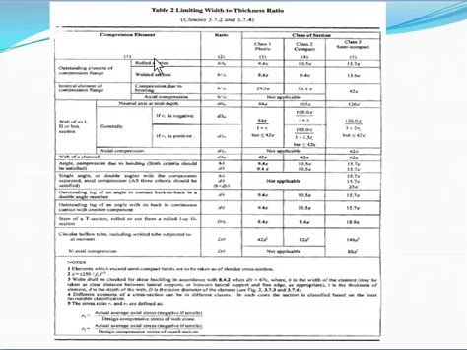Compression element. Here the various types of elements are given in the first column, and the first part is the outstanding element of a compression flange. In that there are two parts, that is the rolled section and the welded section. Now can you get the difference between these two points, rolled section and welded section? Can you get the difference?